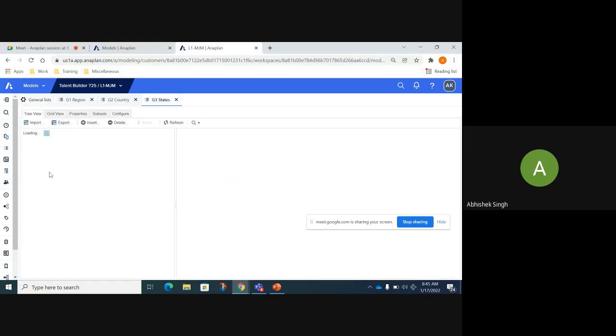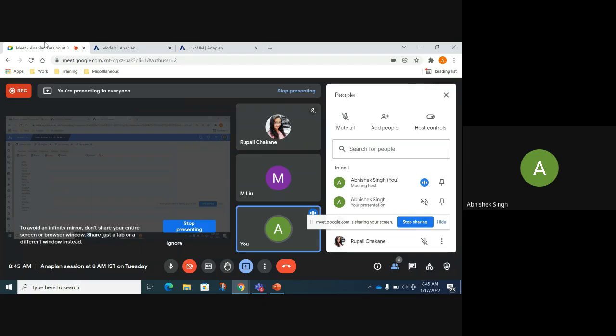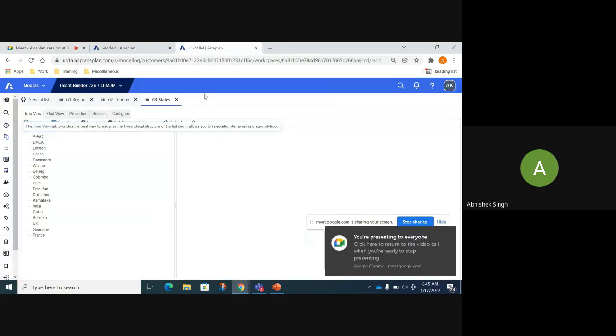So you don't know where these different states have to roll up. That is, where the states like Darmstadt, Wuhan, Beijing, Colombo, Paris, Frankfurt, Rajasthan, Karnataka, London have to roll up, right? So what you need to do is go to the different members and assign a parent member to them.